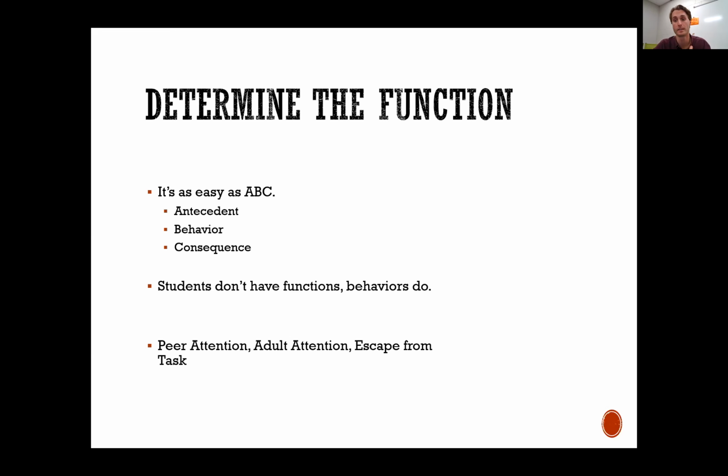A really easy way to identify that, let's say you have a kid that you're like, man, I don't know what the function of this behavior is. Try writing down the A, B, C's. A means antecedent, behavior is B, and consequence is C. Antecedent is just the thing that comes right before the behavior. So ask yourself the question, before Kyle punches his friends in the face, what happens? Maybe the thing that's always happening right before Kyle punches his friends in the face is the recess bell is ringing and they're going out to recess. Like they get out to the playground and he immediately punches his friend in the face. That might be the antecedent. Maybe right before Kyle punches his friend in the face, that friend is coming up to Kyle and saying a mean insult. Maybe the antecedent to Kyle punching a kid in the face is that.